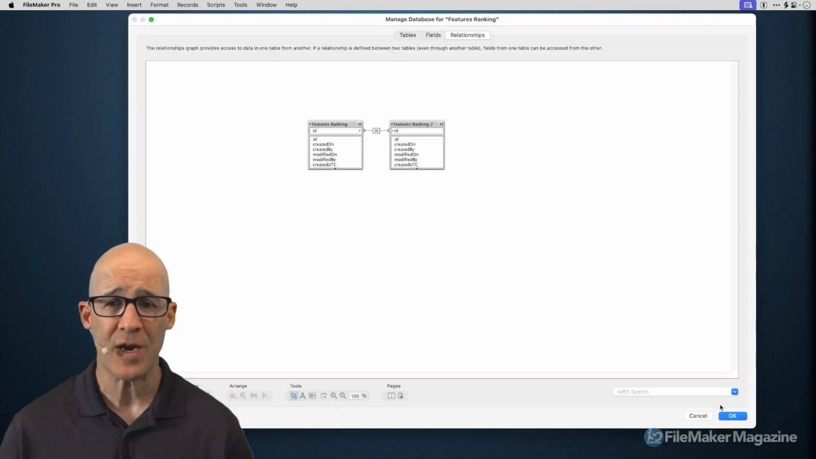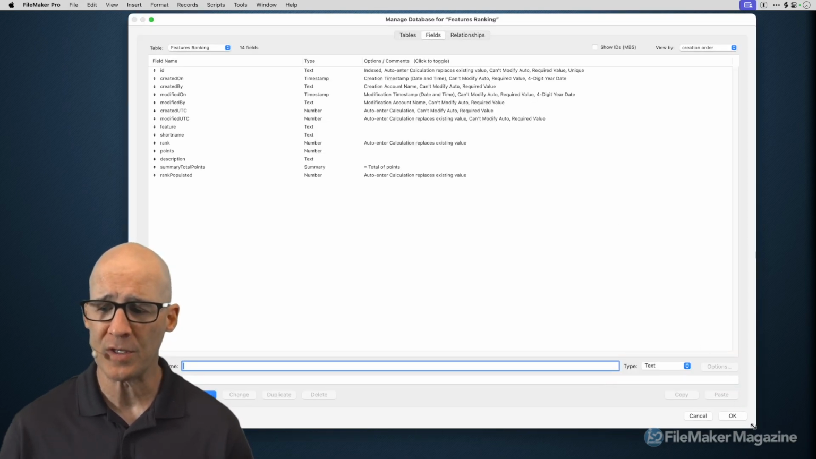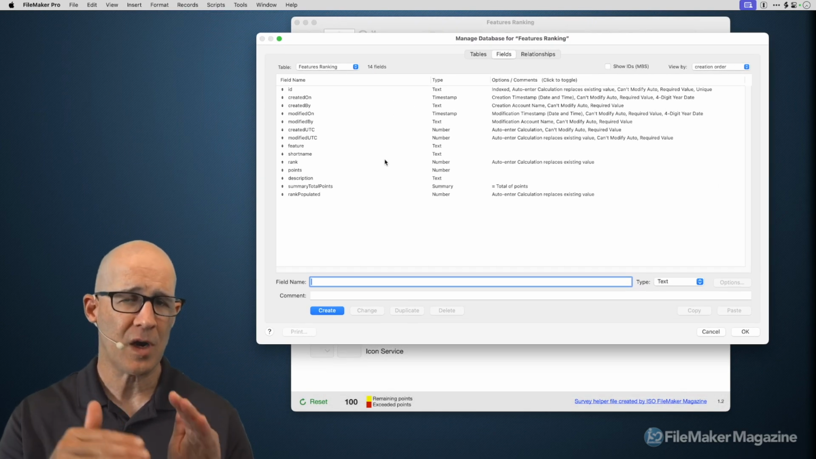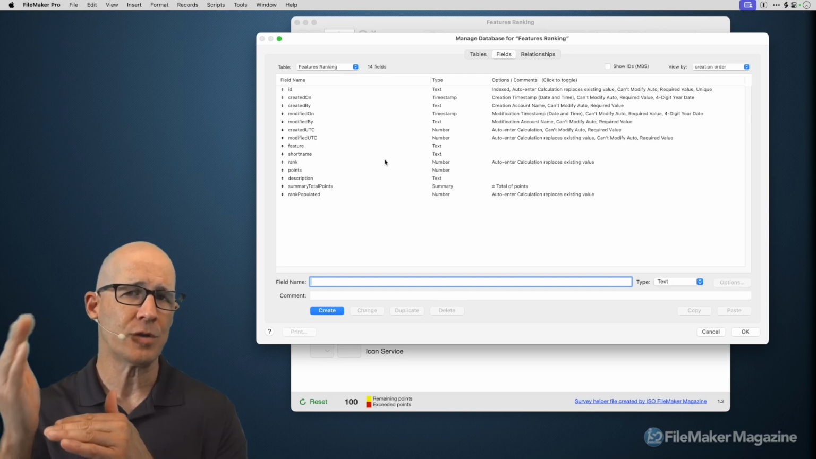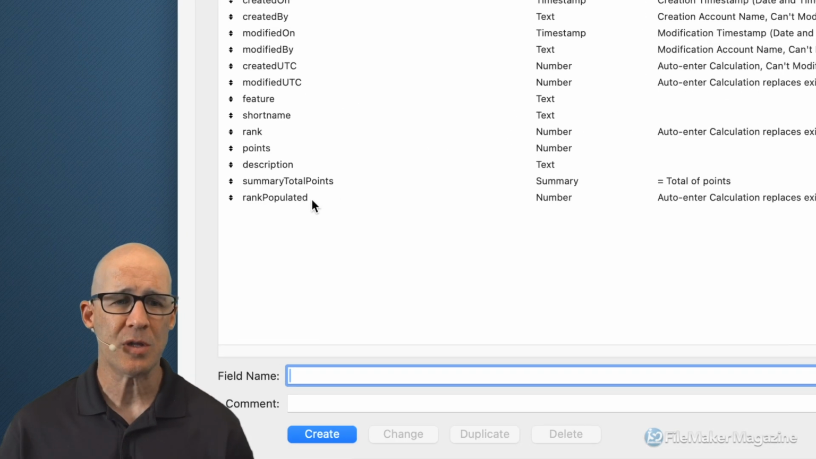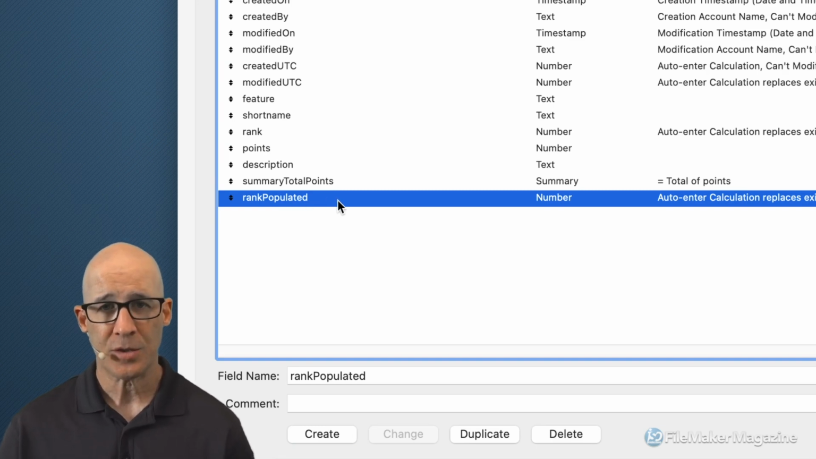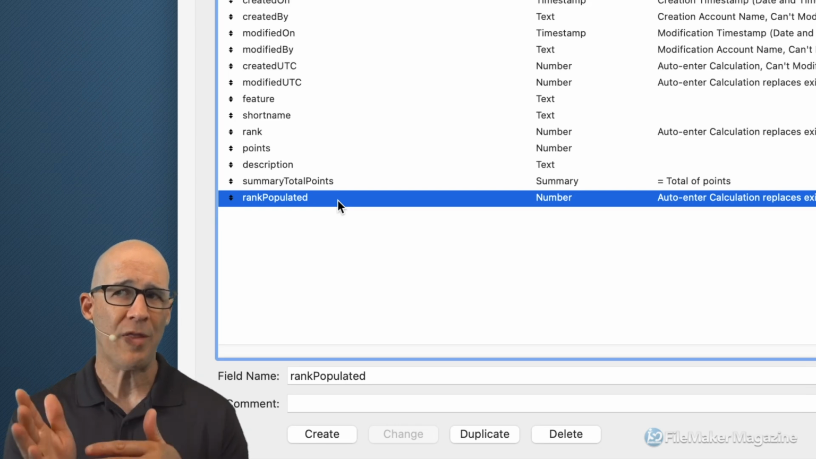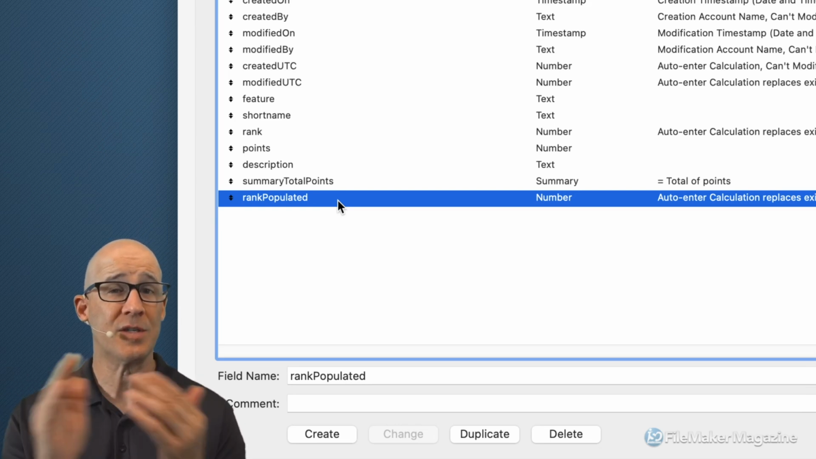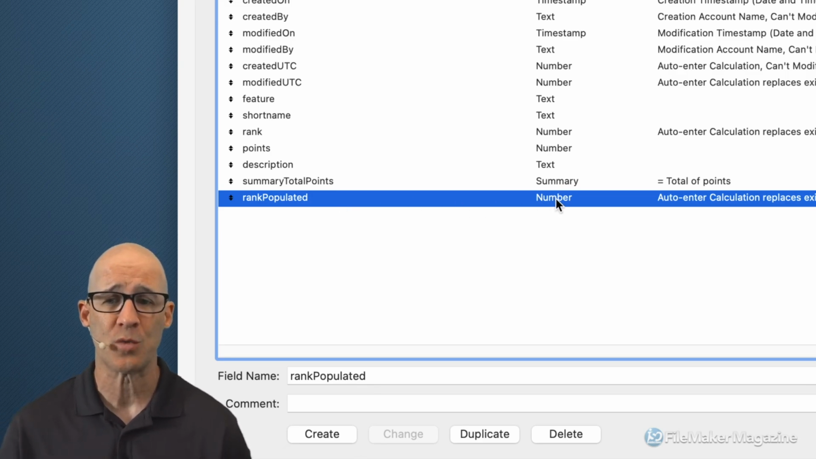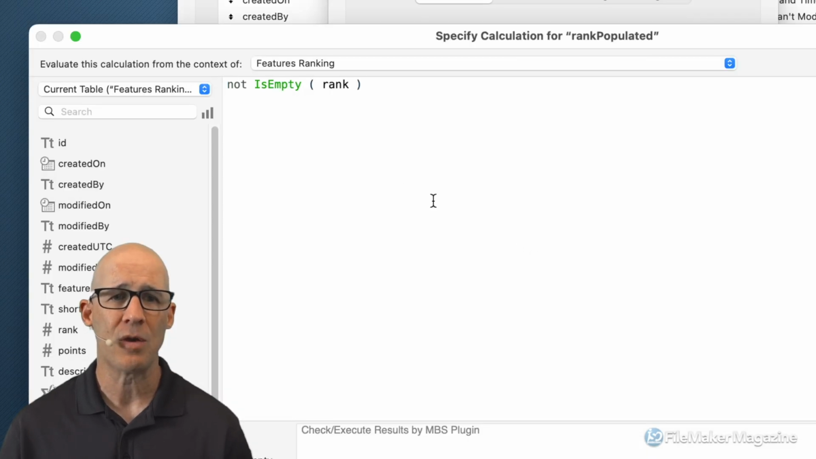Going into the defined database and looking at the fields, many times it's simply just a matter of adding something that allows you an additional level to control the sort. So in this particular case, we have a field that I added called rank populated. If I want to determine whether or not this particular record does or does not have a rank, that's a Boolean situation, a Boolean switch. I am going to make a number field, and then I'm going to use a calculated value that is simply just going to say, if the rank is empty,